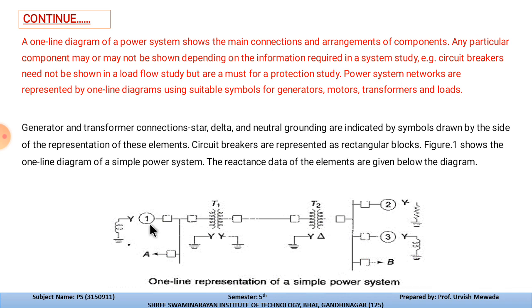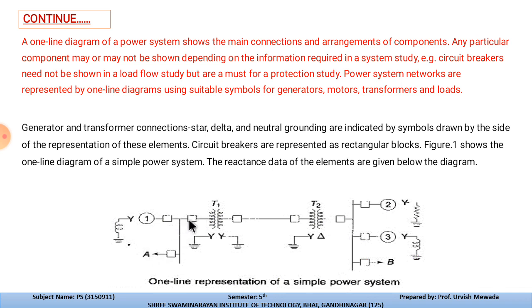Over here we are starting the one line diagram. This is the circuit breaker. Here we have the generator, and after that the generator protection, differential protection. Then the circuit breaker over here, this is the bus bar, and on this bus bar we have a load which is connected over here.